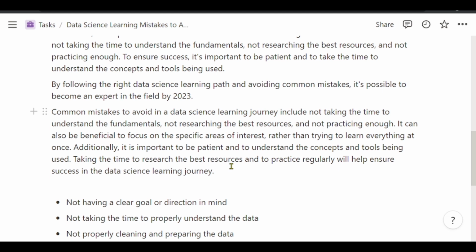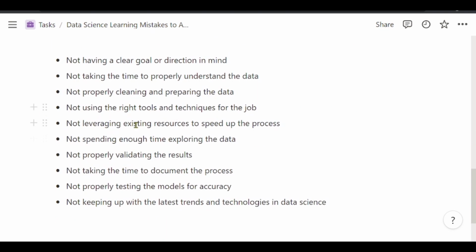So it's always good to take the time to research the best resource and to practice regularly, because all these will ensure that you are successful in your data science learning journey. Once you've settled on the best resource, make the most out of it by practicing regularly, and this will help ensure success in your data science learning journey.